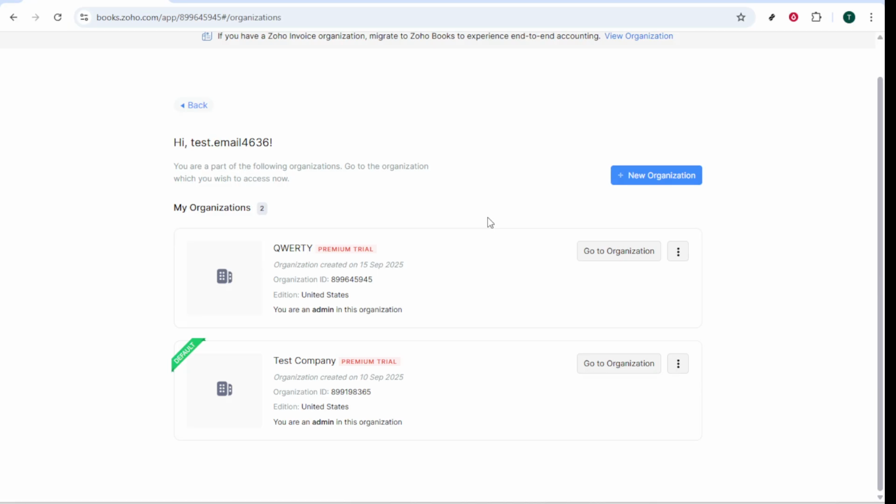That wraps up our tutorial on managing multiple branches in Zoho Books for the Indian market. With these steps, you can ensure your branches are well organized and compliant with local financial regulations. By leveraging these tools, your business can continue to grow seamlessly and